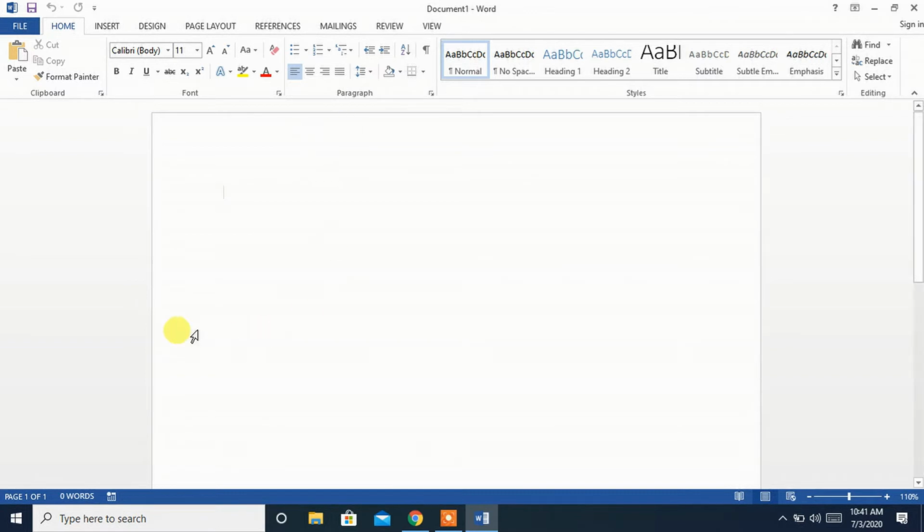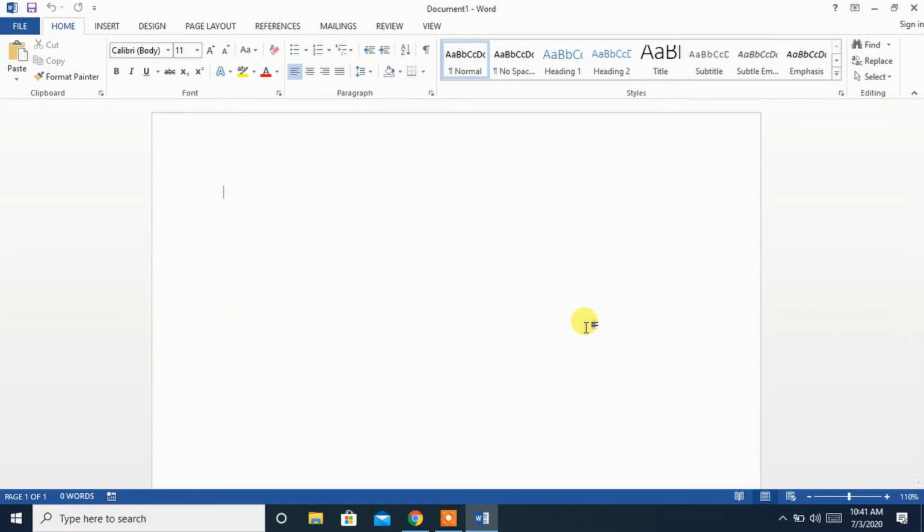So you can see a blank white space here. This is the place where we will be typing our articles. There are many menus available in the menu bar. We will study each of these menus one by one in our videos. Today we will be seeing how to type.